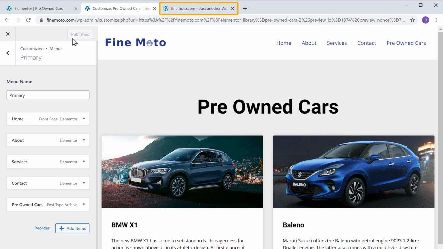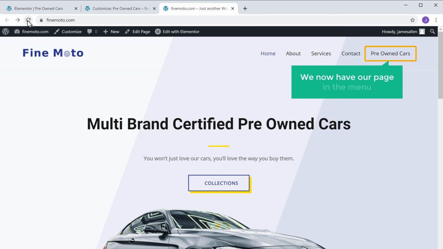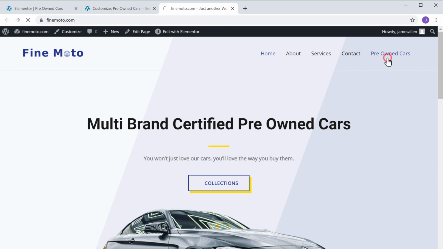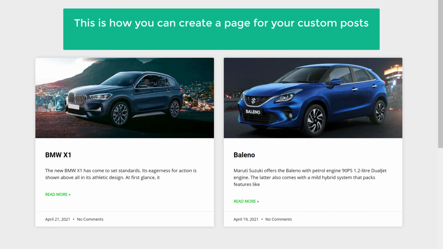Now if we go to our site and click Refresh, you can see that we now have our page in the menu. So let's open it. You can see our posts. So this is how you can create a page for your custom posts and add it to your menu.